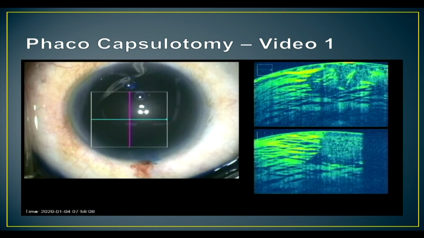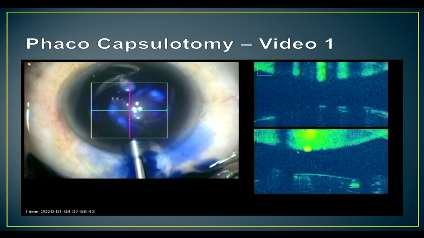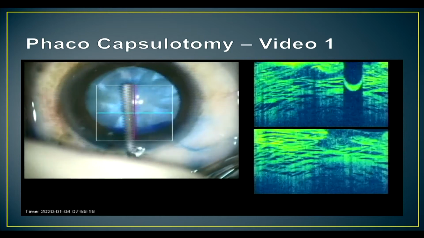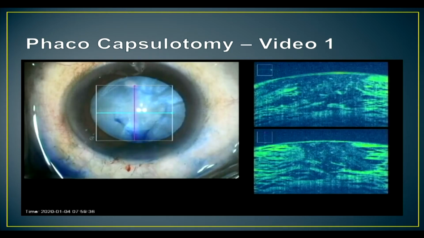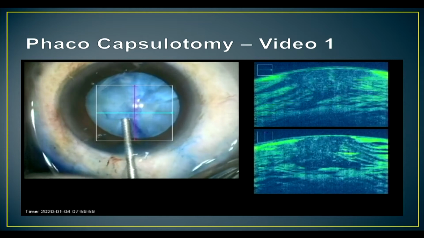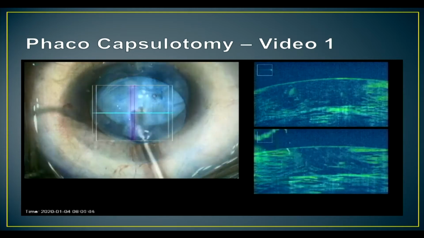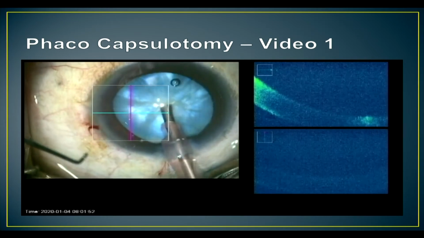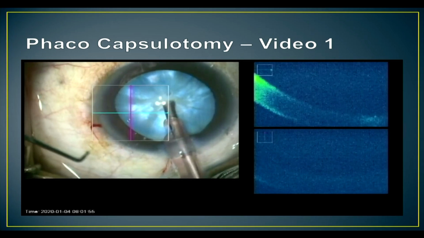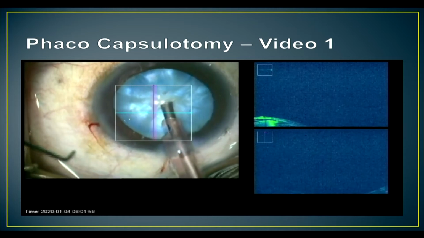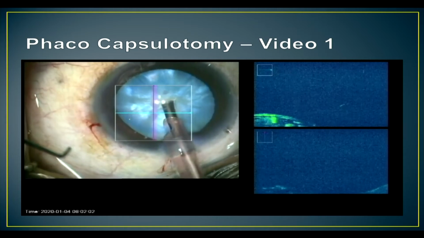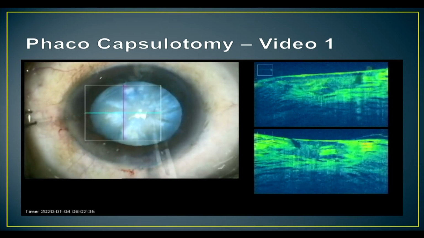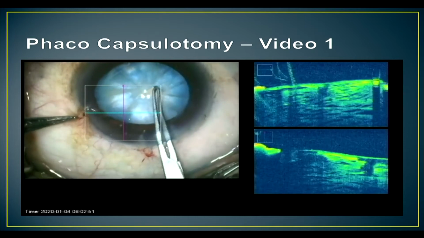So here's a video. I stain with trypan blue, inject OVD, try massaging. Here you can see that it does not really alter the shape of the anterior lens surface. And again, do phaco-capsulotomy. As soon as I go in and do the capsulotomy, you can notice me pressing down on the phaco probe, which prevents the nucleus coming up at all. And this kind of ballots the nucleus down and gets the fluid in the posterior compartment to come up. And then I do